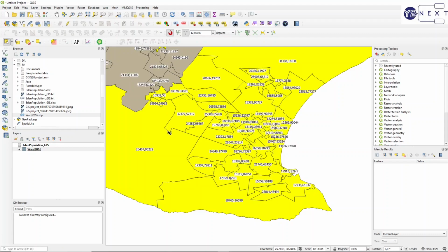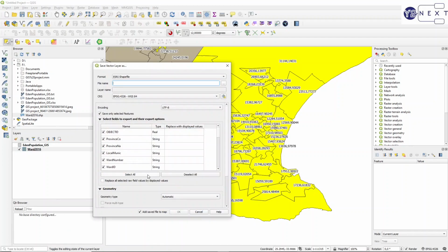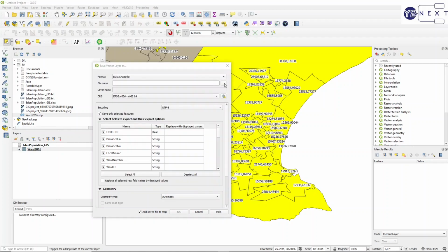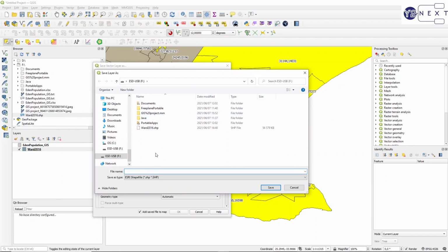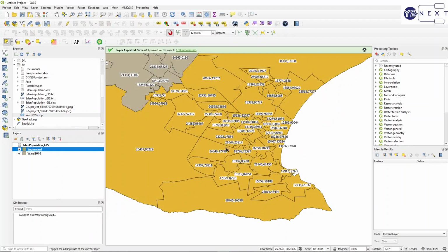The next step is to then export this into a new shapefile. So I right click on my ward, export. Remember, it must be save selected features as, because I only want to export the selected features. I'm selecting the ESRI shapefile. I browse to the directory where I want to save it. I call this then Superward. So this will be my new shapefile. So I save it, and then I say OK, and you see there's a new